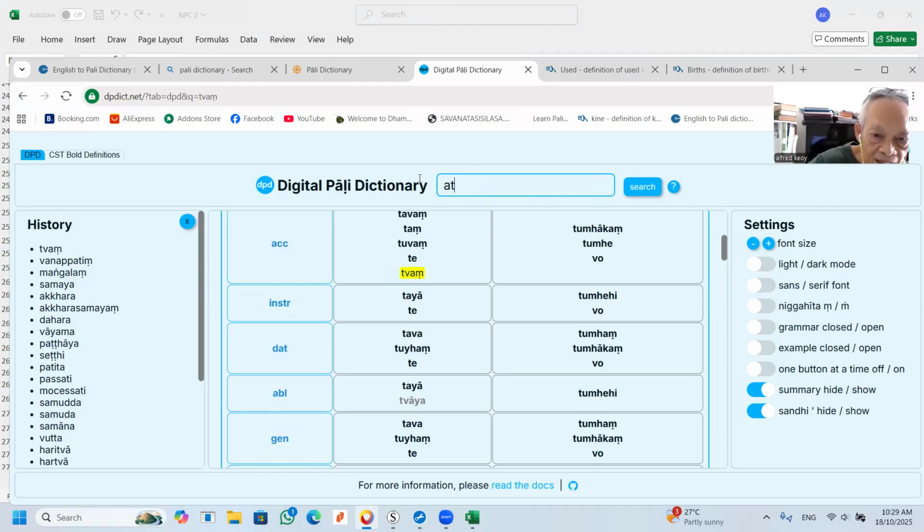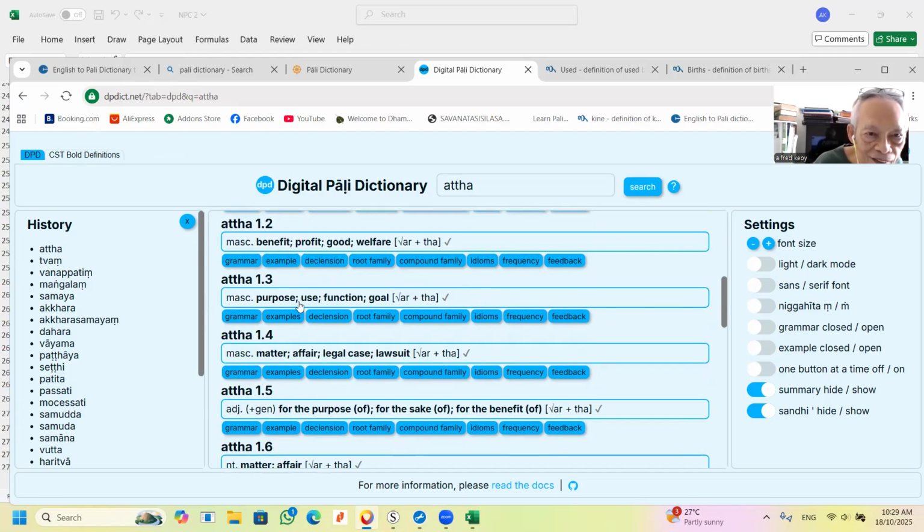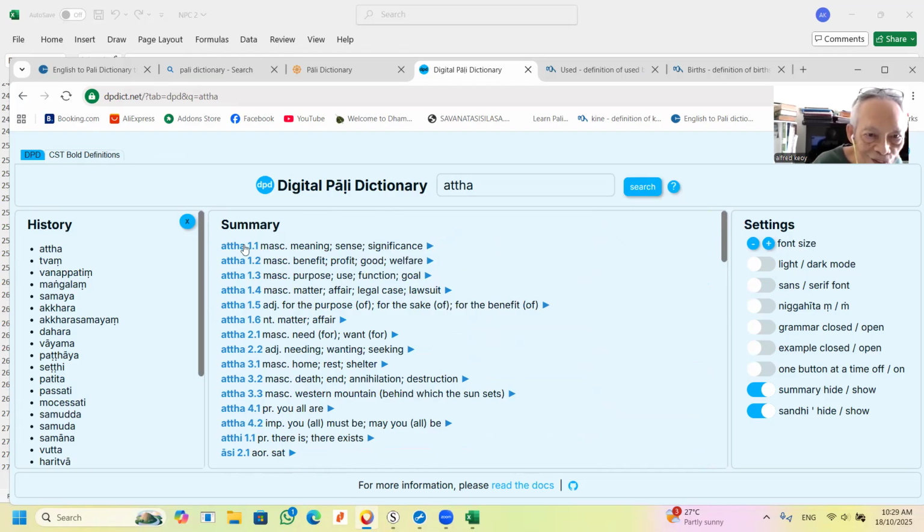"Attha". It has so many meanings. Okay. Yeah. So the one we are talking about is this one: benefit, profit, good, or welfare. So it can also mean purpose, use, function. So many of these. So we will assume that it will fall under